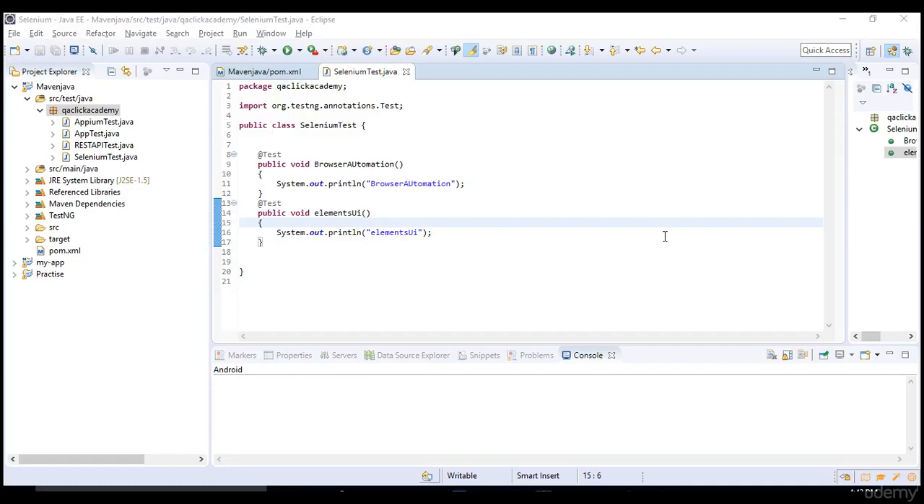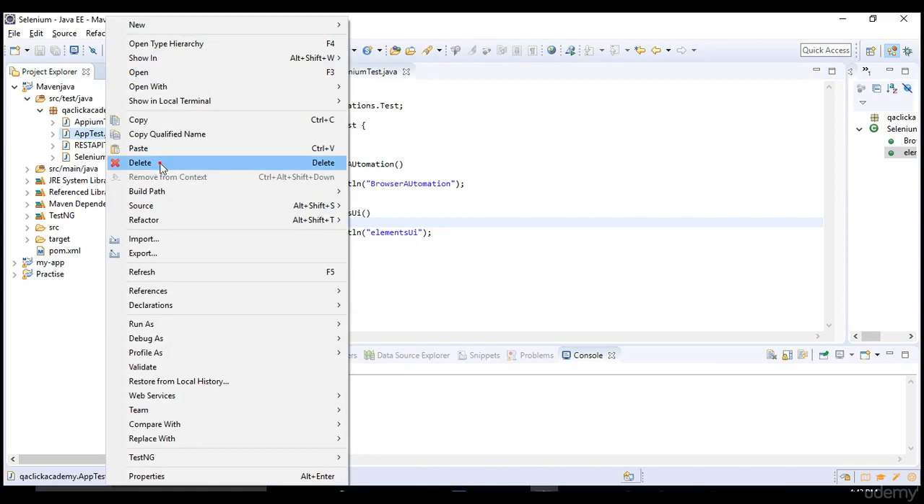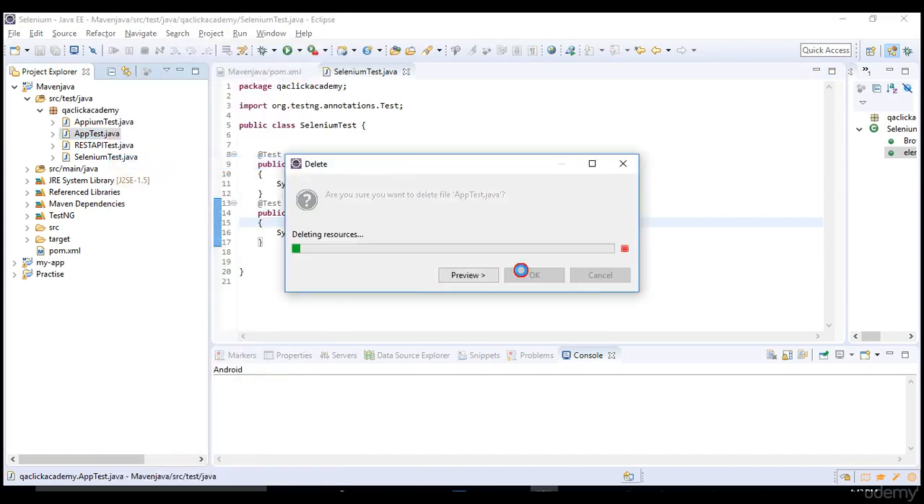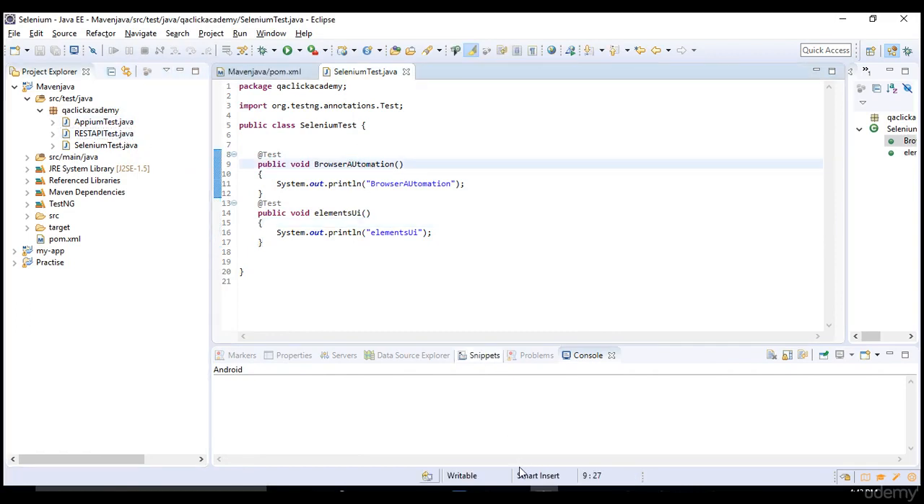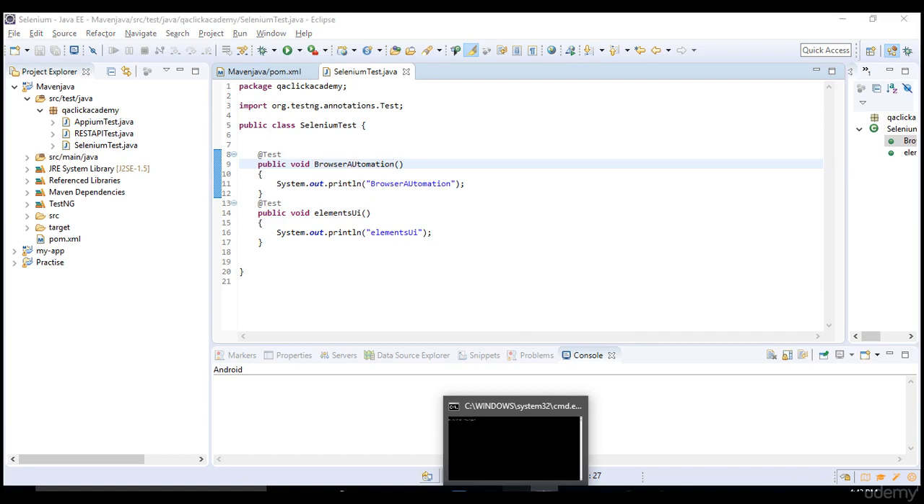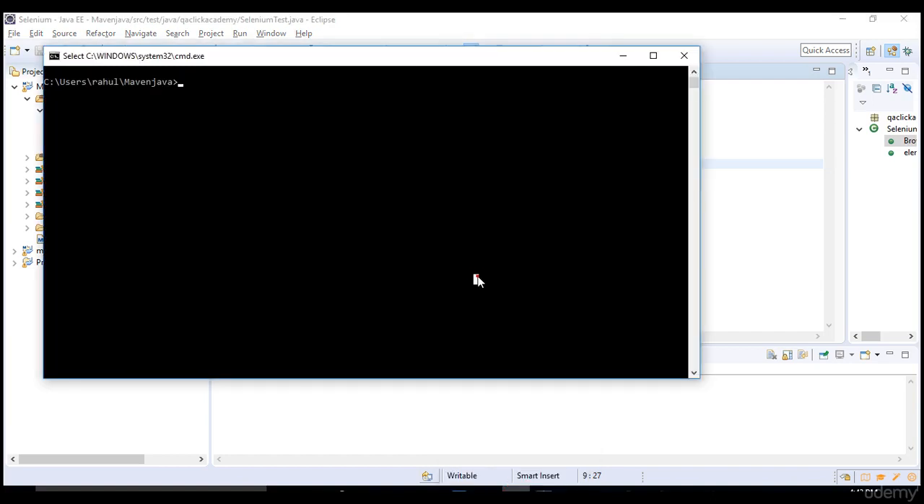Right. So now let's execute all the test cases present in these four class files. Okay. So this app test is something which got generated by default with Maven skeleton. So you can delete this because we are no more required because we have created few tests, Appium, REST API and Selenium. Okay. So first let's go back to command prompt and we will understand three main commands here of